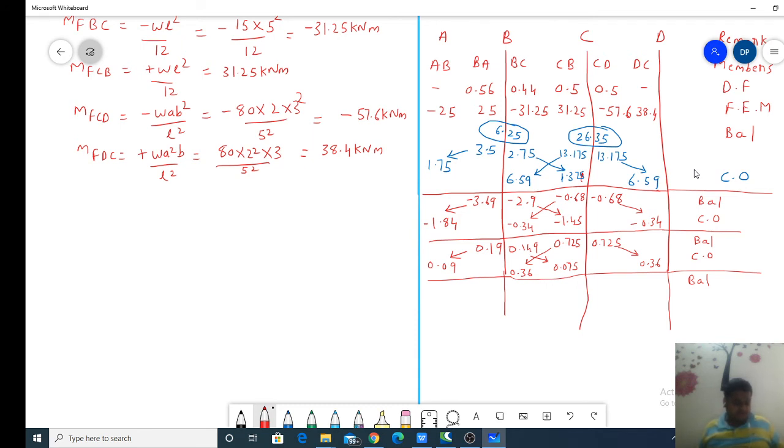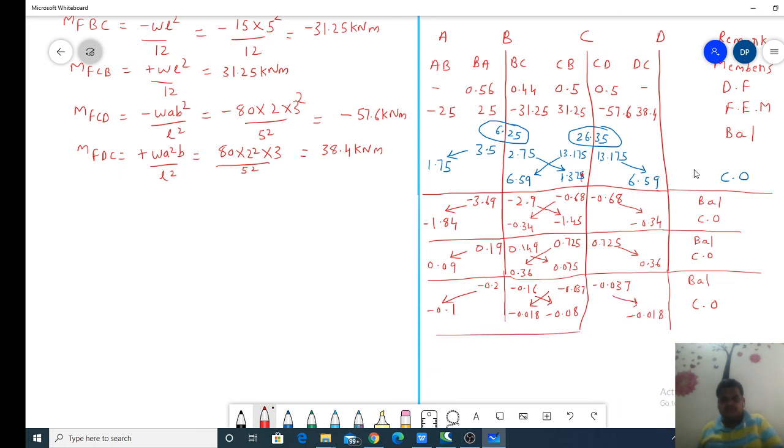So this comes out to be minus 0.2, and this comes out to be minus 0.16. Now for 0.075, this comes out to be 0.037, and this is also minus 0.037, right? Now after balance, the next step is carry over. So minus 0.2 means this is minus 0.1, this is minus 0.08, and minus 0.037, if I am taking half of this, comes out to be minus 0.018, and similarly here also it comes out to be minus 0.018, right?